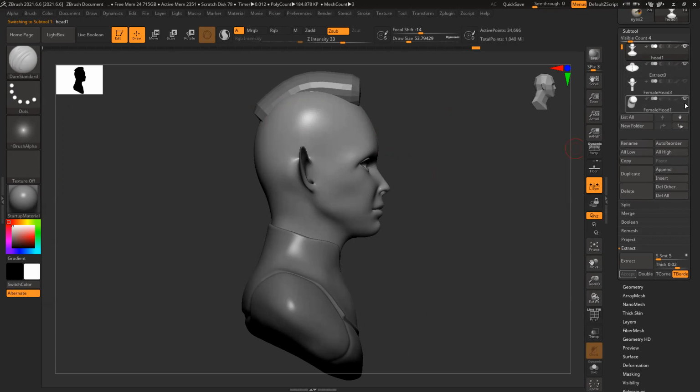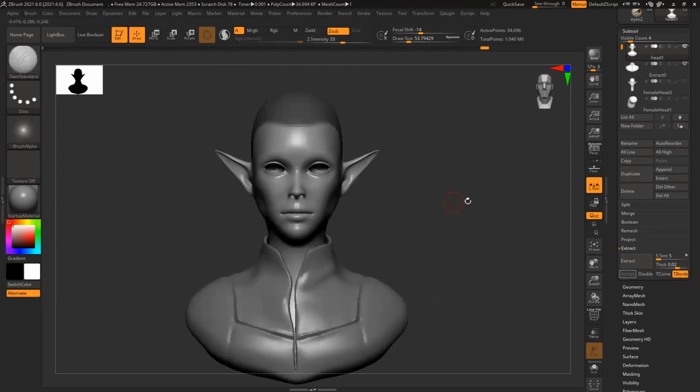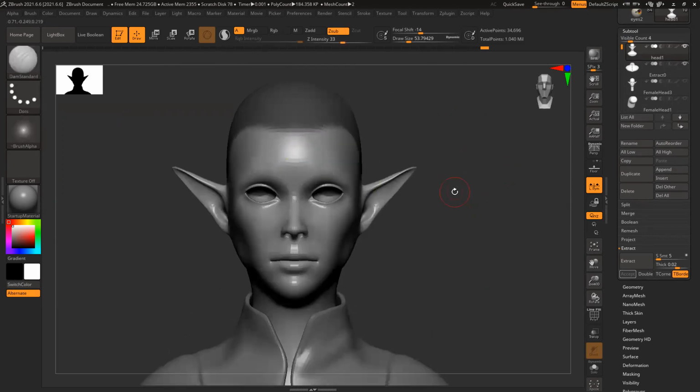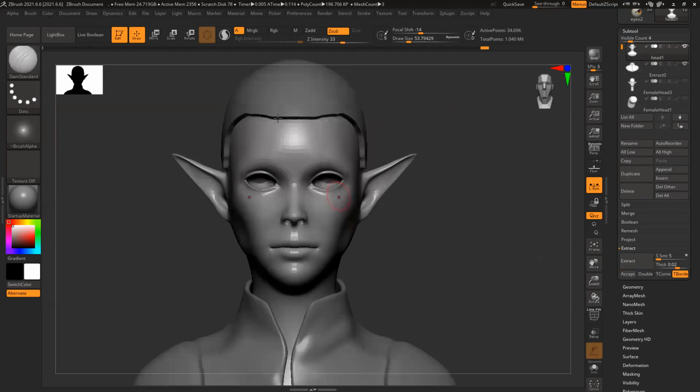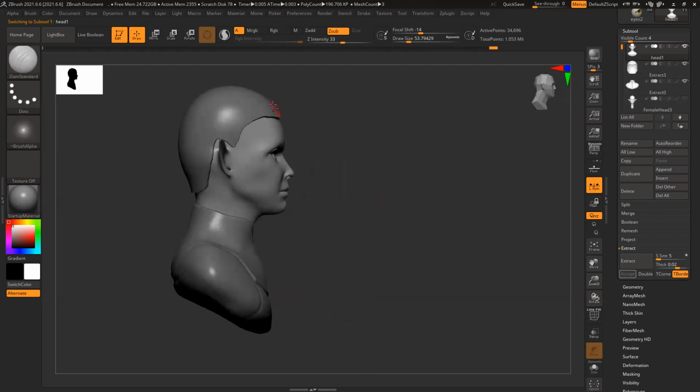What we do is we select, mask it, create the mask, and then extract it. So this will work as a base. That one we only have to sculpt right now, pull, push, and create the basic structure.